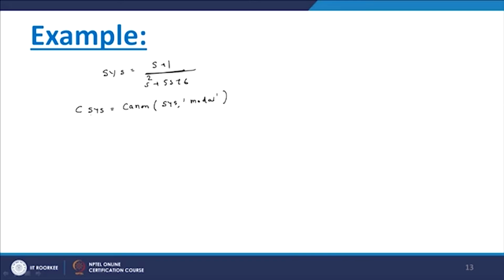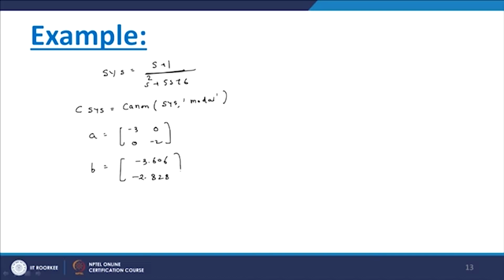If you write this command, you get the result: A matrix as -3 0 0 -2, B matrix as -3.606,